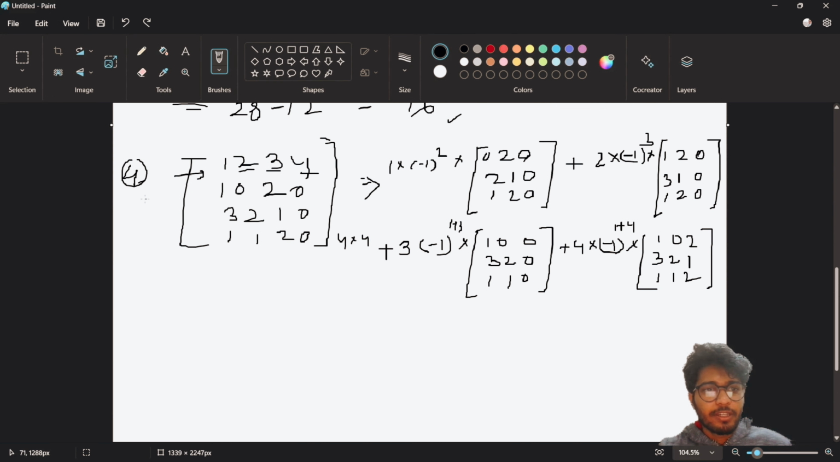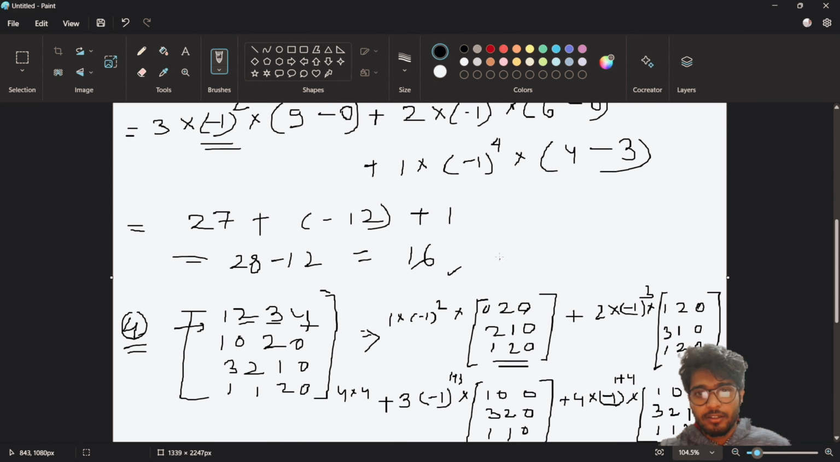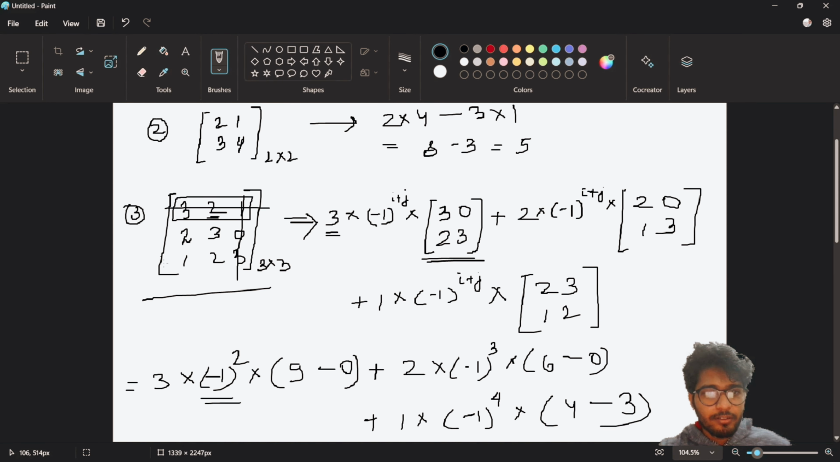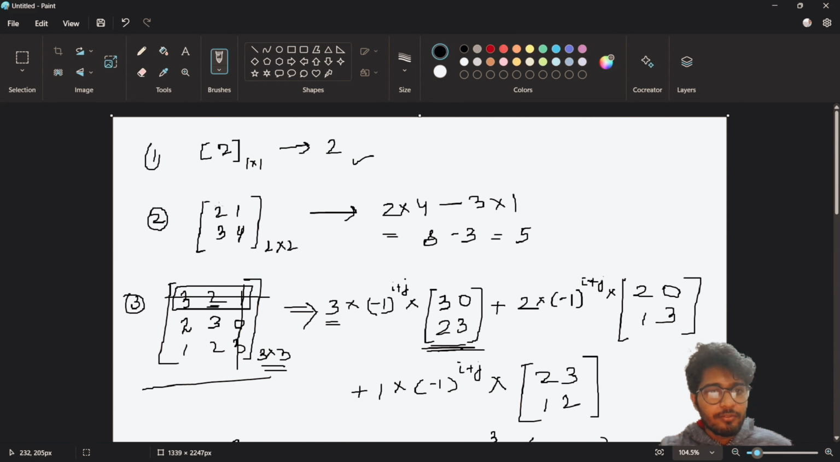So by this we can conclude that while finding the determinant for a 4 cross 4 matrix, we have to find the determinant of 3 cross 3 matrices as well. Again, if we consider this example, when we were finding the determinant for a 3 cross 3 matrix, we were calculating the determinant of 2 cross 2 matrices as well. Now if we come to the 2 cross 2 matrix,